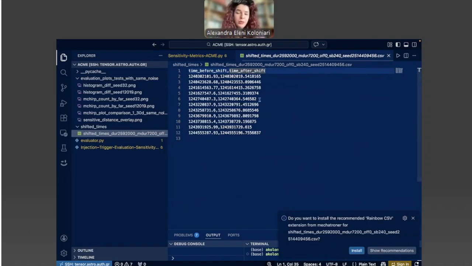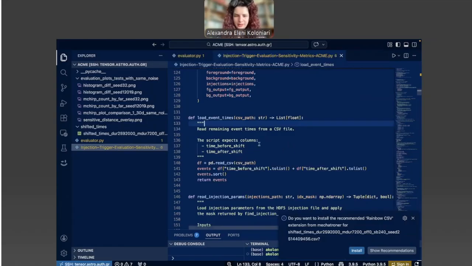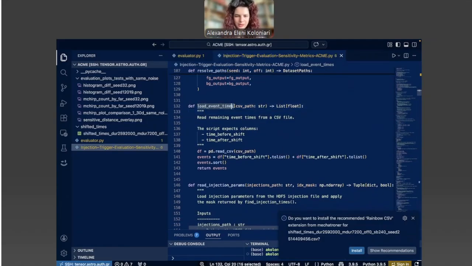So in order to be able to remove those events, you need to be able to know where they shifted. So here for those files that have different injections but the same background, you can use that one file and you can find where the events did shift. So here we do load that specific file.